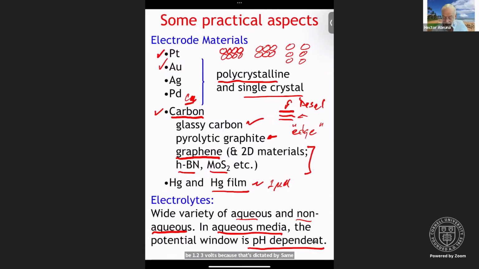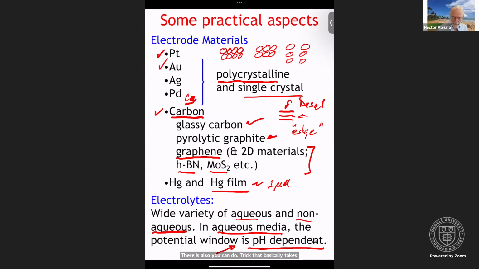You can extend this window by using electrodes that have lousy hydrogen evolution or oxygen evolution kinetics. For example, carbon is not particularly good at either, so you can extend the range of potentials in aqueous media that you can study. There is also a trick that basically takes into account a lowering of